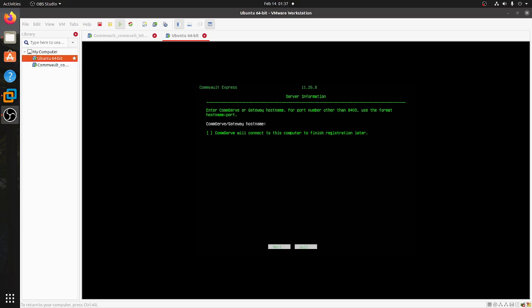So server information says enter CommServe gateway hostname for port number other than 8403. Use the format hostname port. So in my case for this lab, I have the CommServe gateway hostname. I'm not going to put in the fully qualified domain name of my CommServe. I'm going to put the IP address in, which is going to be 172.16.11.128. Now, you may see this a little different in the field, but for the lab environment, this is what